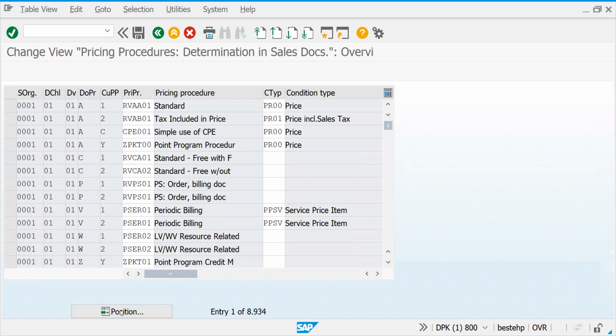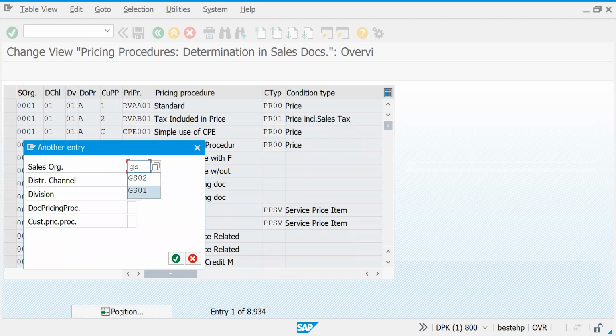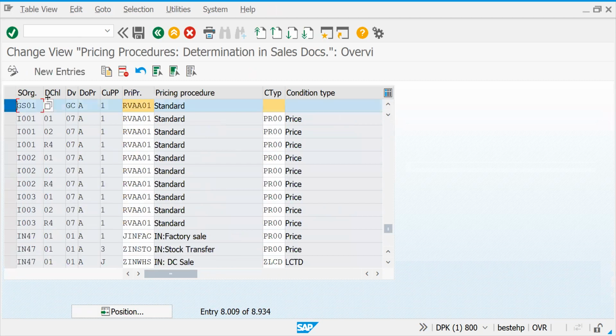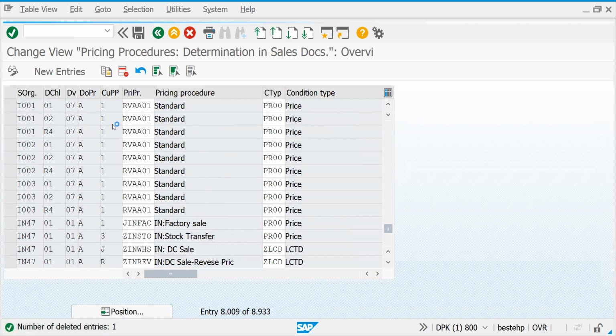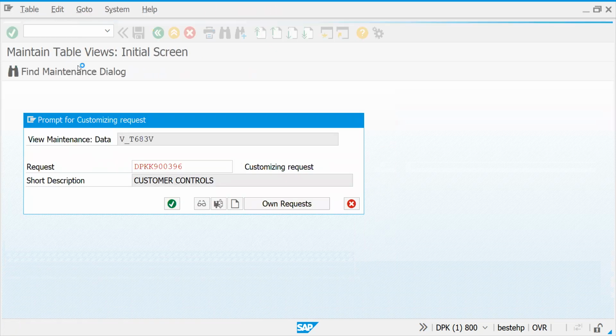So let's go to GS01. Why I'm telling this: if I remove this, you will get an error. If you are trying to do your own settings, it will not allow you to take it further. That is called price determination.